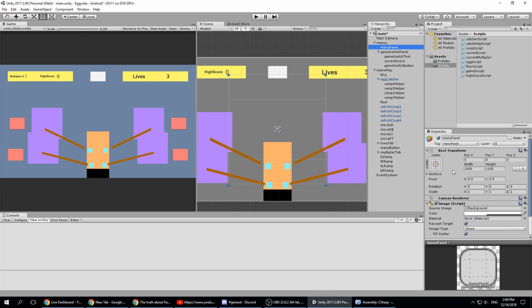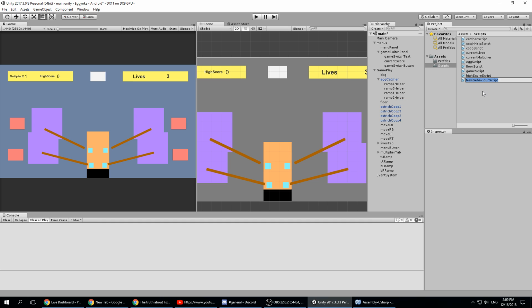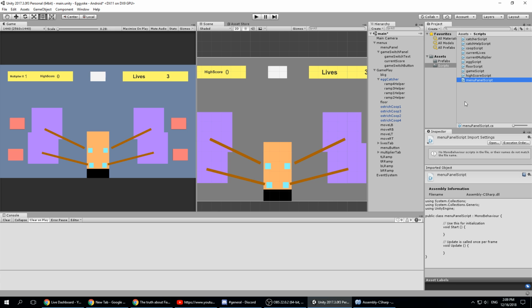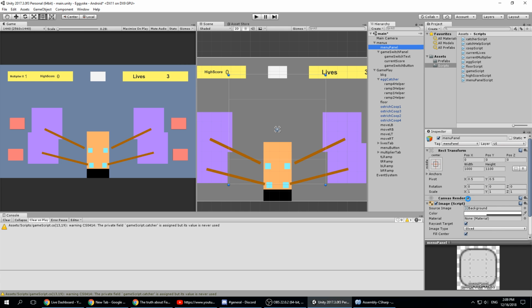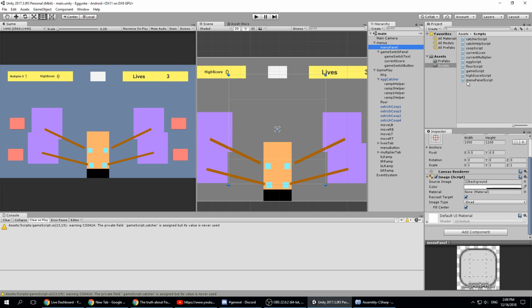So let's have a menu panel script. Create C# script. It's going to be called menu panel script. There we go. And this menu panel is going to have it. Let's just go ahead and save, and we'll add the menu panel script here. Okay, and the menu panel script should